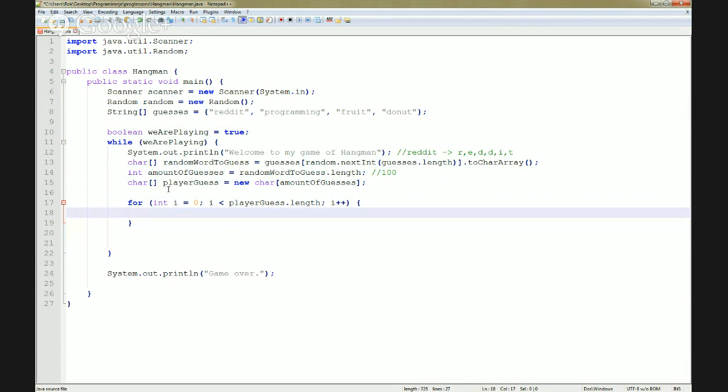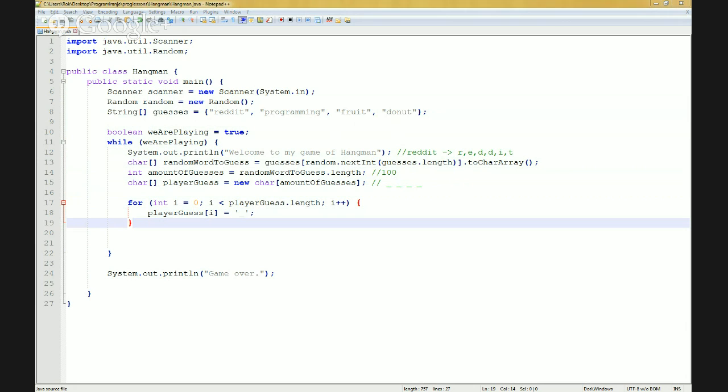Like this, and we will set each field to an underscore like this. So the player guess at the start will look like something like this. Same as if you would, for example, play the game on a whiteboard. So what we do now,